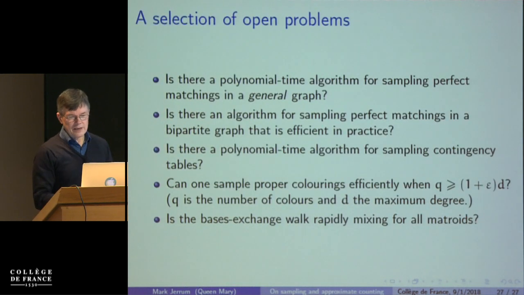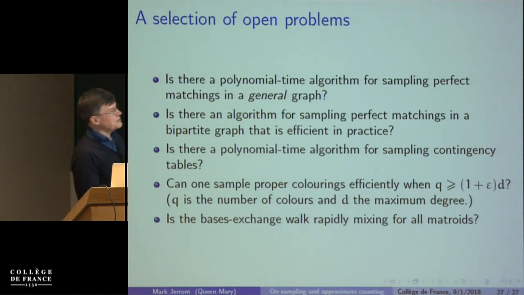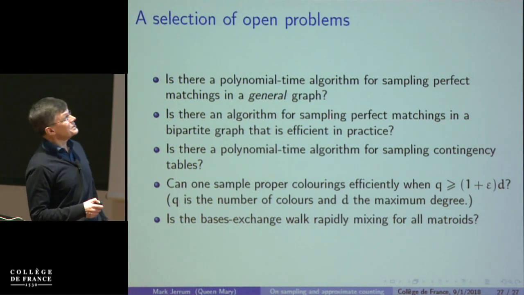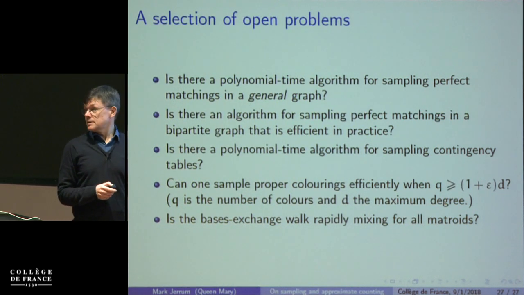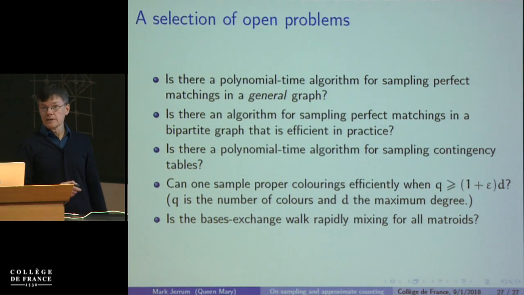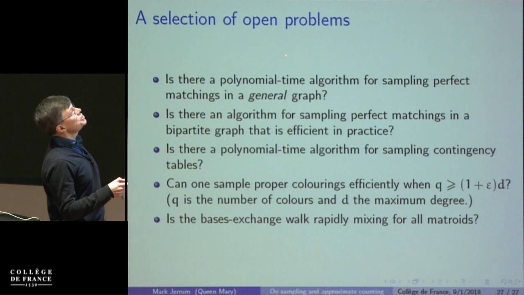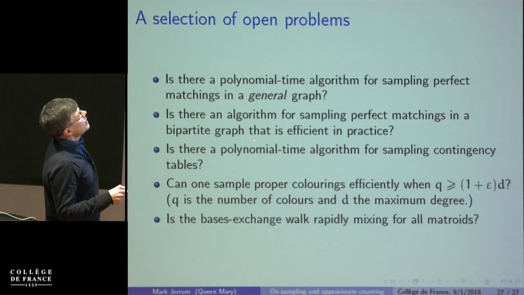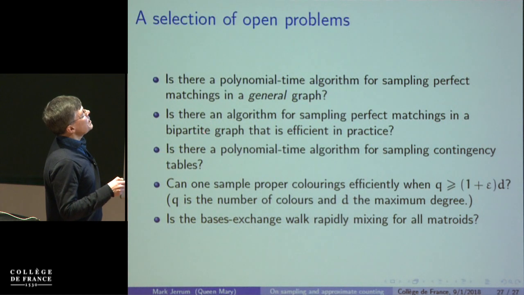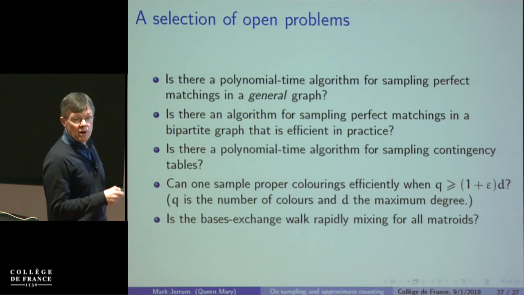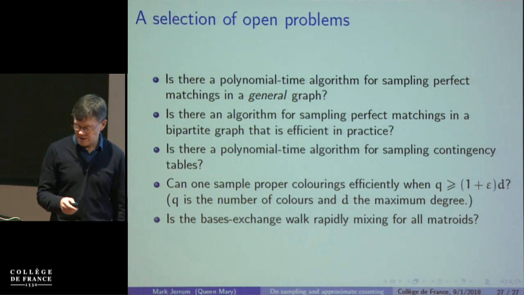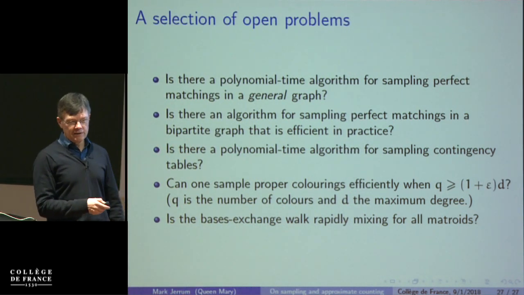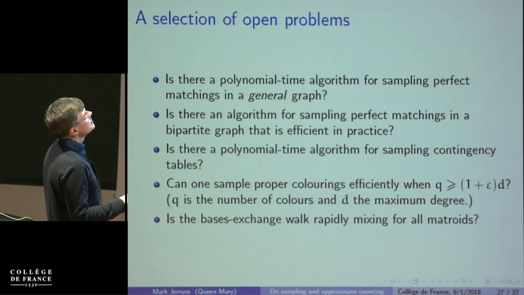Okay, so what are these open problems? Of course, I dug this one out from a little while back, but I don't think much has happened, so probably all right. Perfect matchings. What happens if there are no holes? We know the answer if the graph is bipartite, whatever that means, but in general we don't know. For the bipartite case, we can do it in polynomial time, so the theoretical computer scientists are happy, but the polynomial degree is very large, so we shouldn't really be happy. We should be looking for an algorithm which you could actually use in practice.